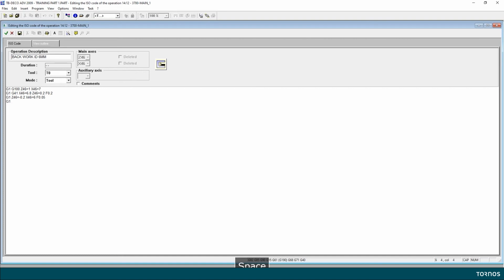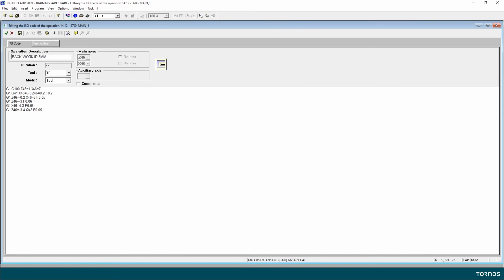Then I will go down to my depth of 3 millimeter for this diameter 6. I can increase a little bit my feed here. And then I will go down the face, X4.3. I increase a little bit my feed. And then G1, Z minus 3.4. And then I will give it the angle. So I do it with Q45 and F0.05.